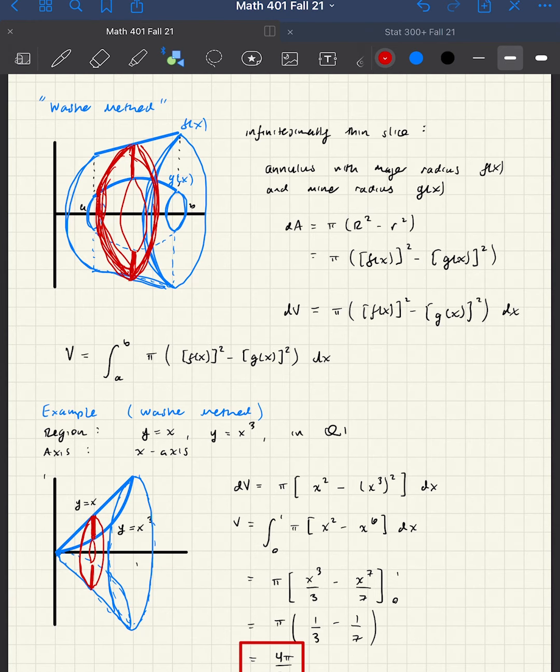In the next video, we're going to really take this slicing method and knock it into gear. We're going to get some real interesting things now if we apply it to rotation about the